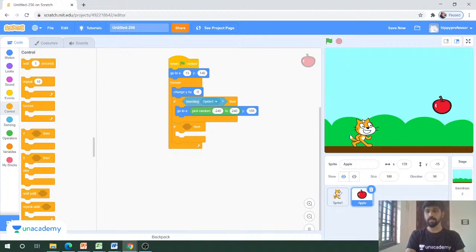Right now we have only a single condition here, which is the apple touches the sprite. Sometimes we may fail to touch the apple, which means the apple will touch the floor. So we have to consider that condition also. If the apple touches the floor, we have to end the game or exit the game. In order to achieve that, we have to use